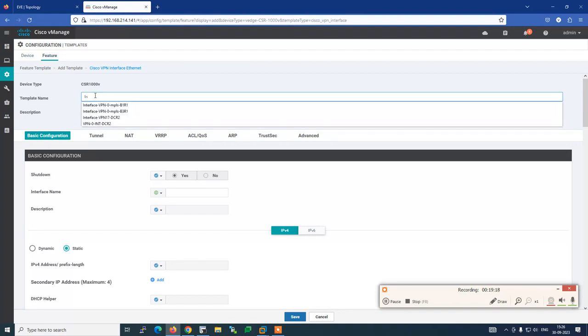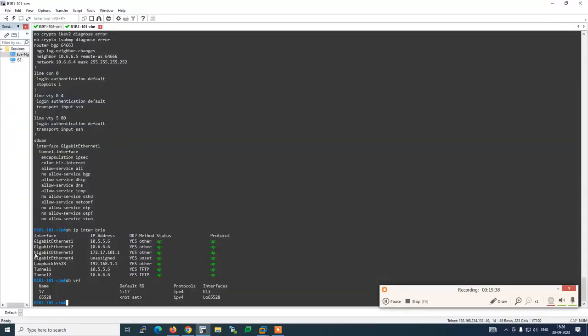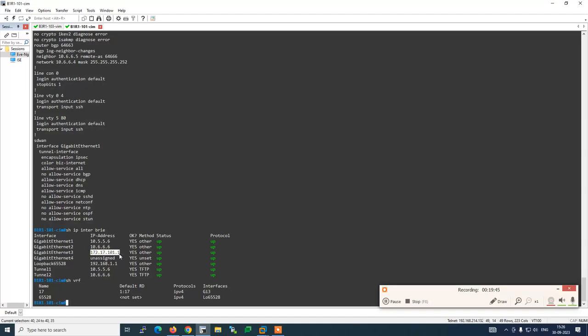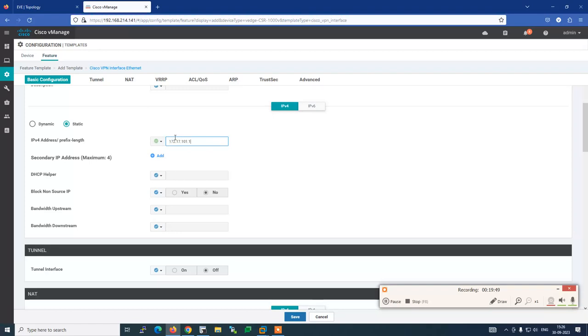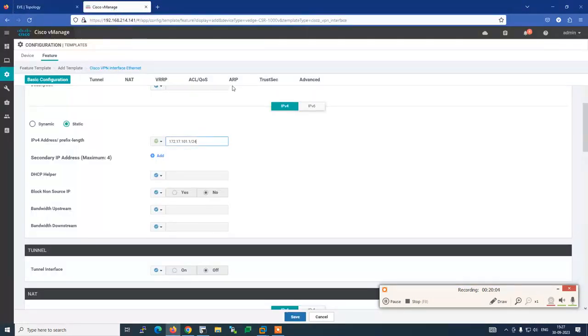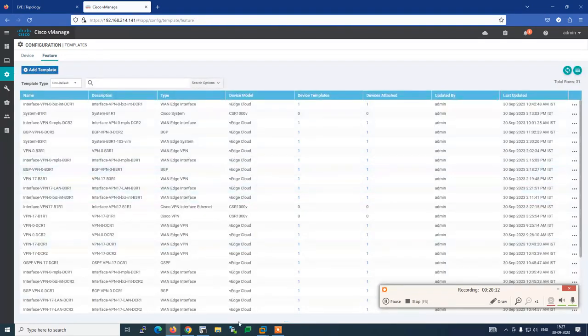So interface, right? So it is no shutdown, gigabit Ethernet 3, static IP address, this is add secondary IP address, no, tunnel, no, NAT VRRP, not using VRRP, I think, no, we are not using VRRP, no ARP, no advanced, let's check, everything is okay by default. Okay, so we have created a VPN